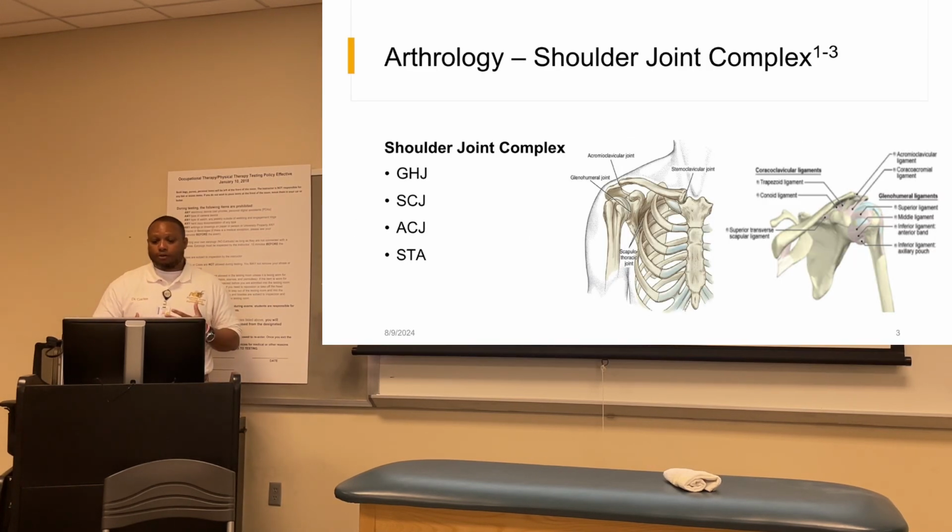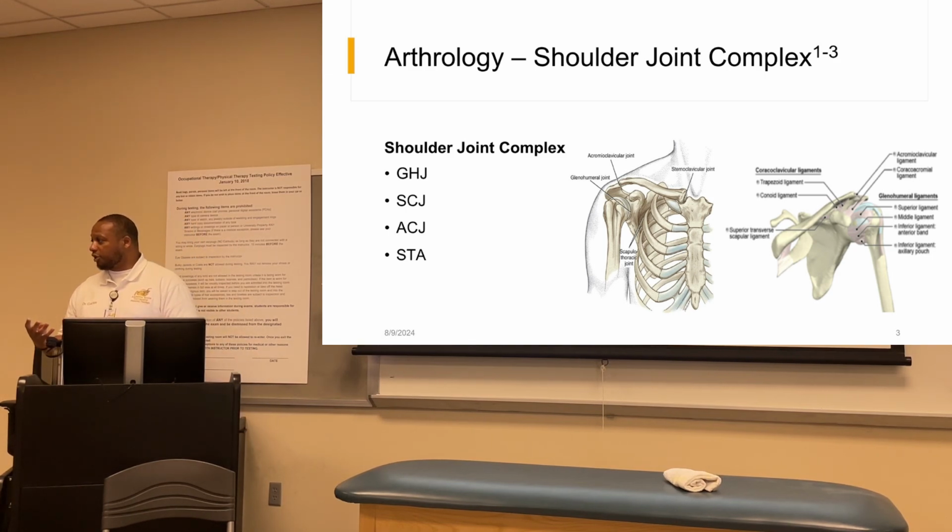So one of the first things we need to know is our anatomy. We need to be well versed and knowledgeable about our anatomy and our articulations that make up joint complexes. Since we're talking about the shoulder joint complex, we need to know that the shoulder joint complex consists of